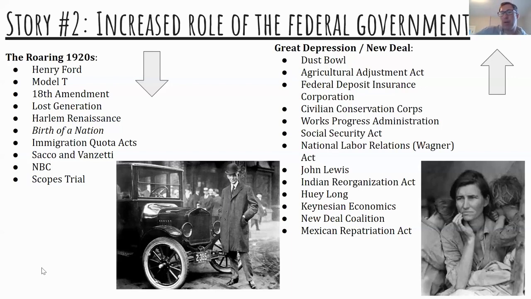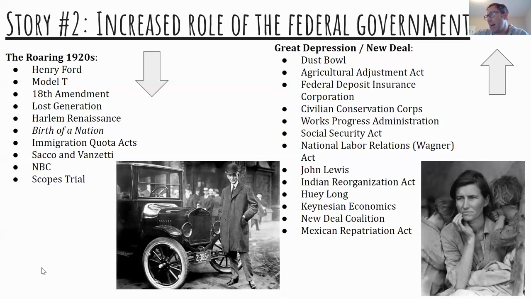You have to know that he's creating what we call the alphabet soup of government. There are all those different programs associated with the New Deal that you have to know, which show the government taking on new responsibilities. So the FDIC, the Federal Deposit Insurance Corporation, is insuring banks so that they won't close. The Civilian Conservation Corps, CCC, is putting young men to work doing conservation jobs and working in our parks. The Social Security Act is guaranteeing pensions for the elderly, which had never been done before.